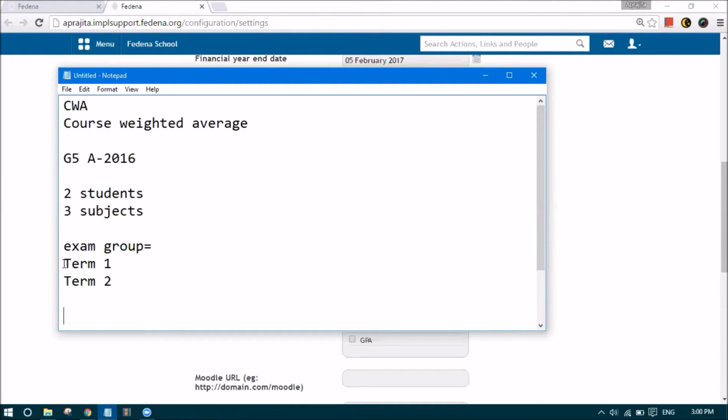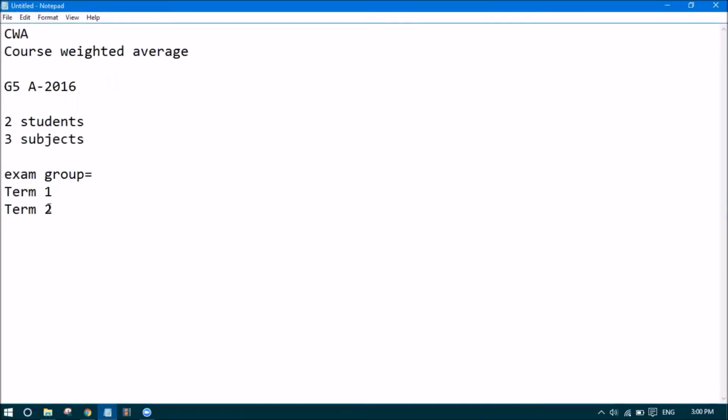So in this case, we have 2 exam groups. There can be many more depending on how the examination pattern of the institute is. So we can have term 1, term 2, term 3 and so on. Also, the final report card that you give to the students may be something like 30% of term 1 and 70% of term 2, distributed amongst 2 terms, since I have 2 terms only.